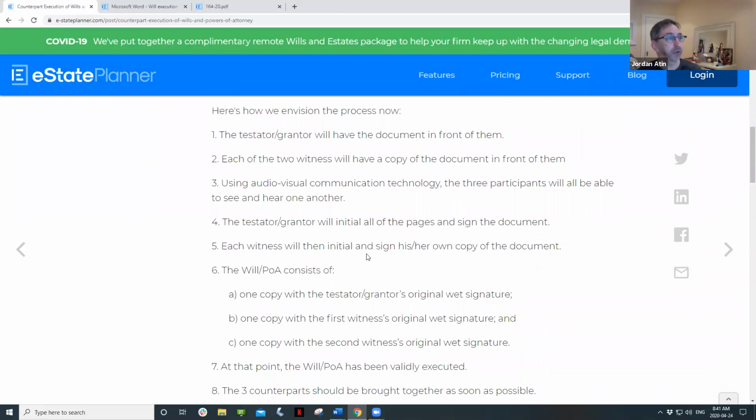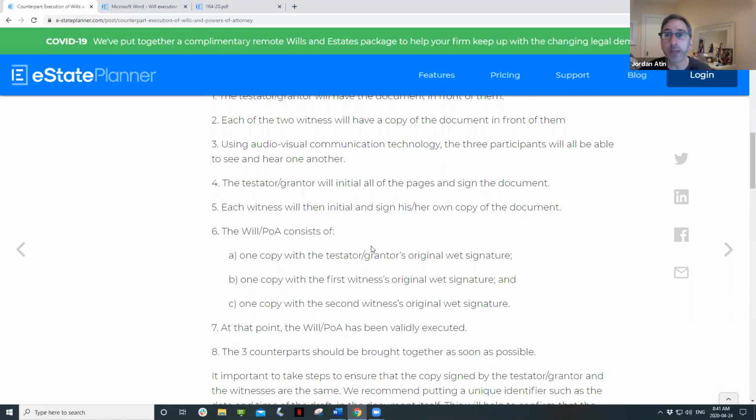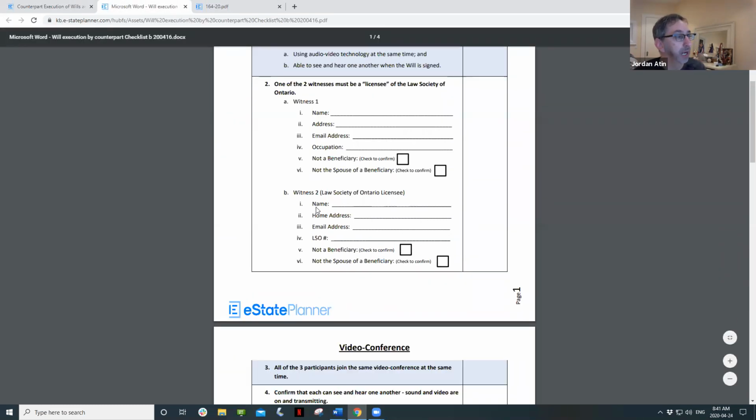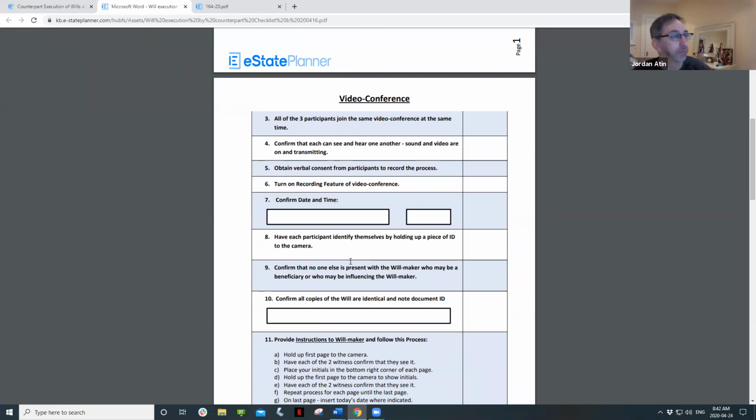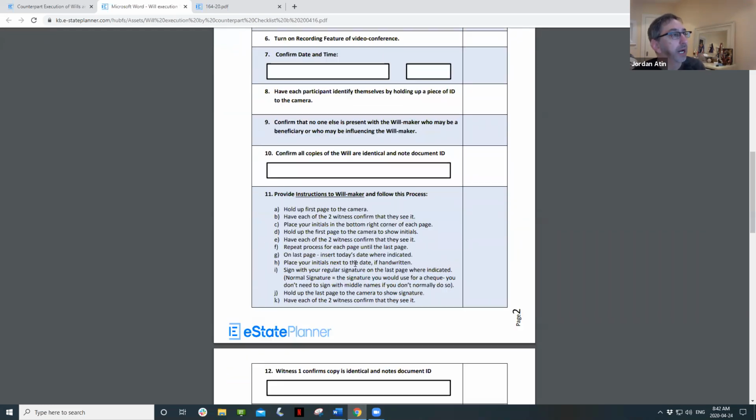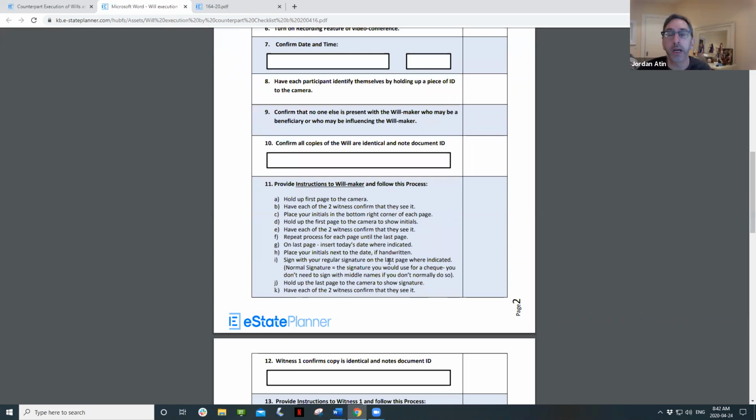Basically, you would start with the testator, just as if you were all there together. The testator would initial all of the pages of their document. We do have a checklist, and I'll pull that up here. You've confirmed that the testator is alone, and all of those other issues, to the best of your ability. If you want to go to the nth degree, you hold up each page, show the page number and initial. I'm not sure I'm necessarily going to go to that extent, but